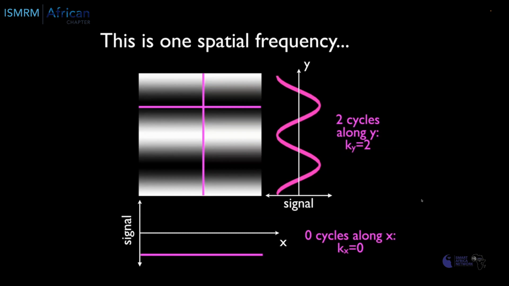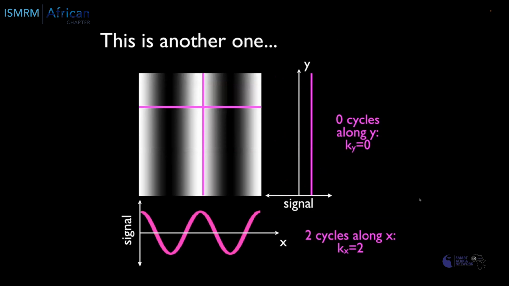So the kx associated with the spatial frequency would be 0. Another example would be the opposite. So we have 2 full periods or cycles along x, so the kx variable would be 2, and 0 cycles along y, so the ky is 0, right? And so what we're doing is we're talking through what these k variables mean and how those map onto